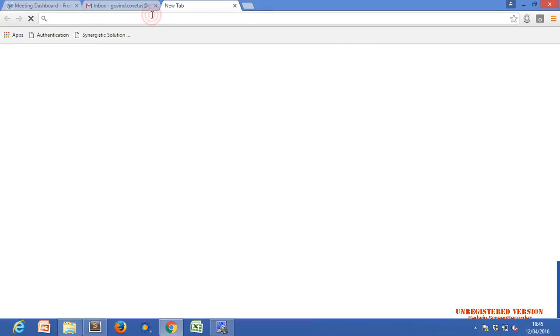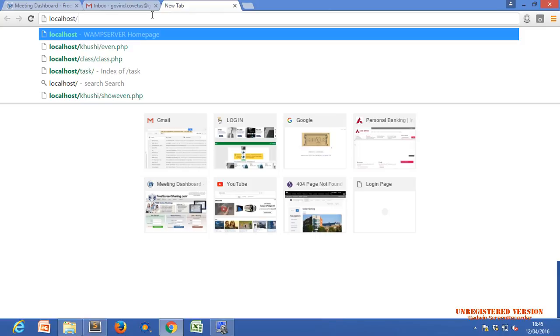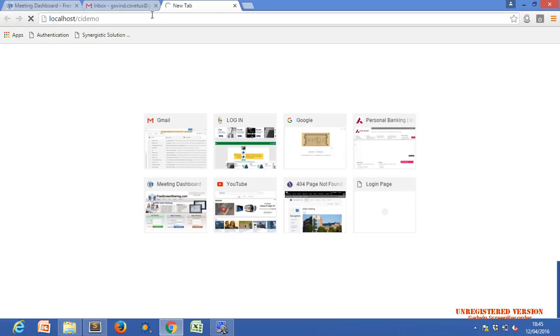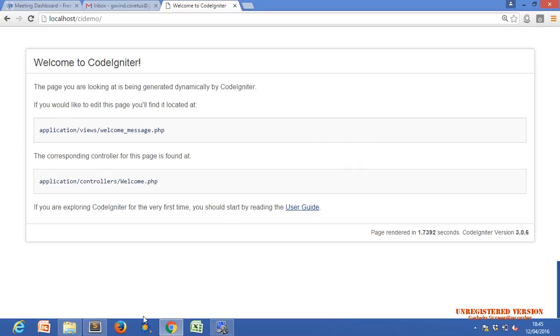Try to run that particular folder, CI demo. Okay, it's running successfully, which means CodeIgniter is installed.